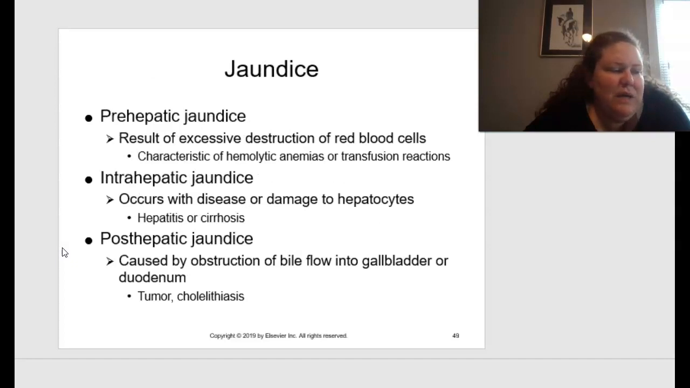Jaundice is talked about on page 457. You have your prehepatic jaundice, and this is the result of excessive destruction of red blood cells. And this is characteristic of those hemolytic anemias or transfusion reactions. You can have intrahepatic jaundice, and this occurs with disease or damage to those hepatocytes, like hepatitis or cirrhosis,